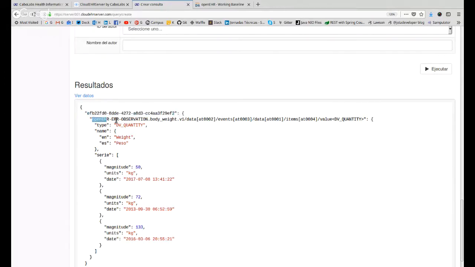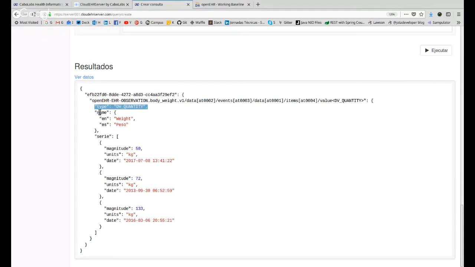We have here the information about the OpenEHR data point. We have here the type in the EHR and the OpenEHR model. Here we have the name of this data point in Spanish and English, so we can show this on different user interfaces in different languages. And here we have the magnitude. This is the value of the weight, the units, and the date when this weight was recorded in the EHR